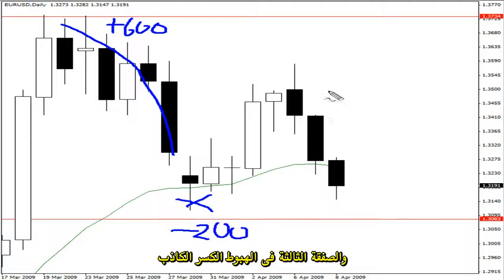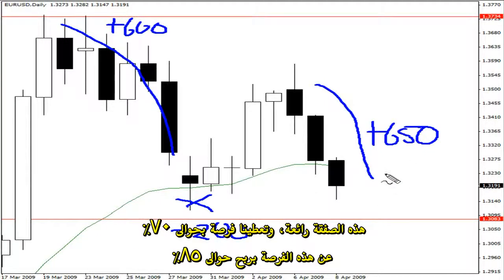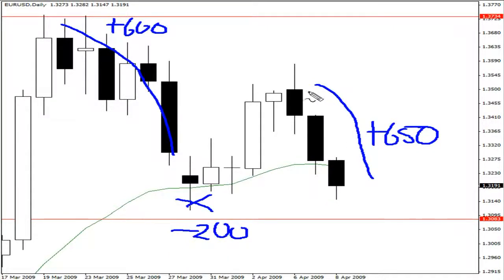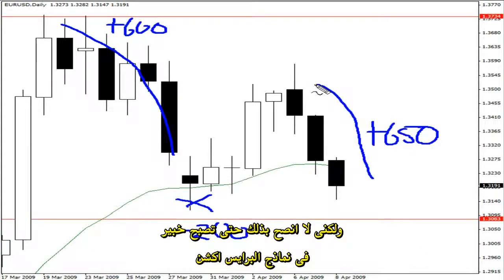And the third trade through here, this nice Fakey setup, is currently up 650 if we're presuming the $200 risk variable. This trade is a perfect trade. This one at the start had about a 70% chance. I'd say this one had close to an 85% chance, because a Fakey of this nature is so obvious to me based on my experience. I load it up, and that's the difference. If you're really confident on a trade, you can load up. You can add a larger amount to your risk, but I wouldn't advise that until you become an expert at